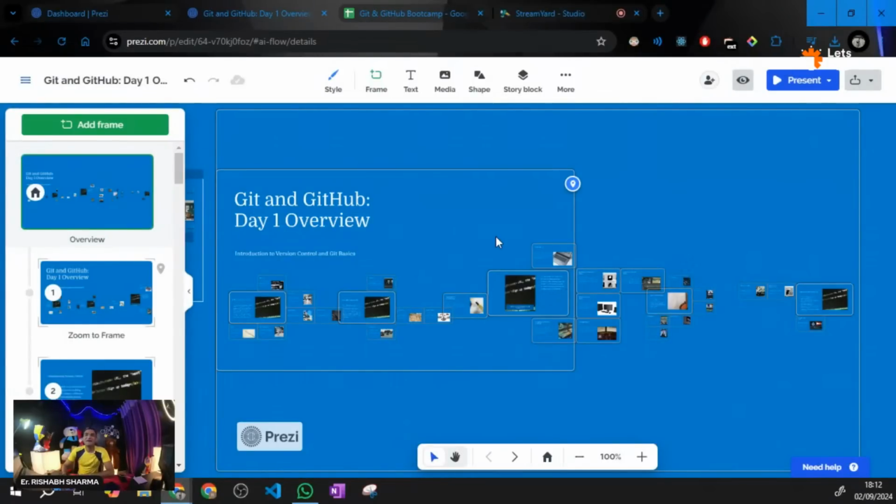As many of you already said, version control is something we use when we start with software development, right? Now think of a scenario. What happens in the industry? Is it only one person who is working on a particular project, or is there a team of many people? So in the industry, there is a team of many people.